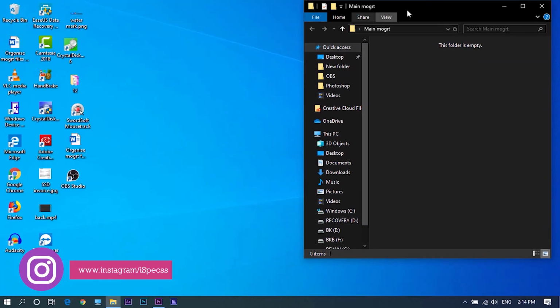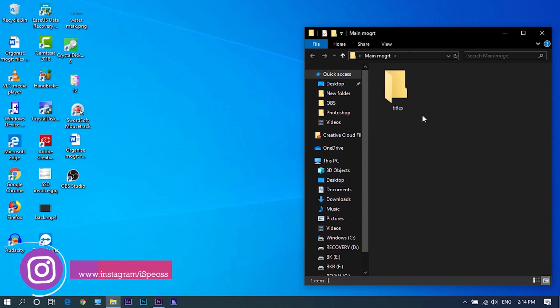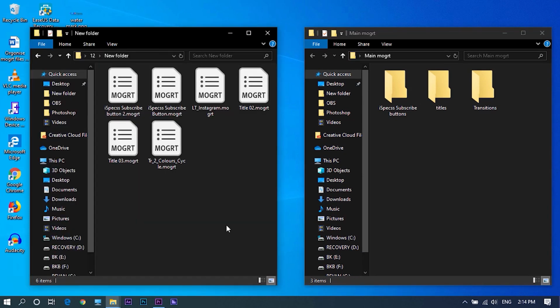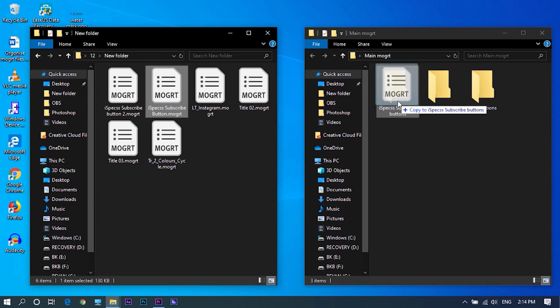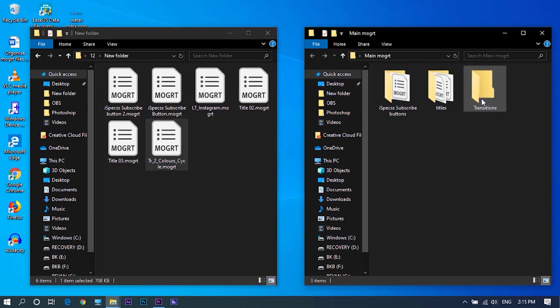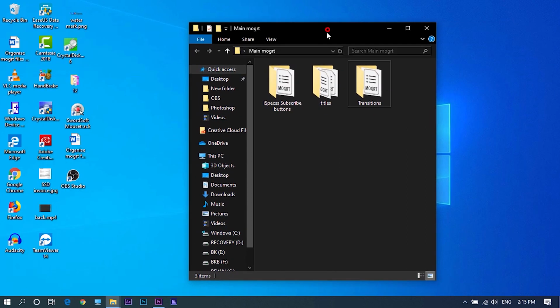After creating a main folder, create subfolders inside it and name them according to the categories of your motion graphic files you have. After that, copy your motion graphic files and paste them into subfolders according to the categories. That's it, organizing moget files into different categories is done, and the final part is to import these folders into